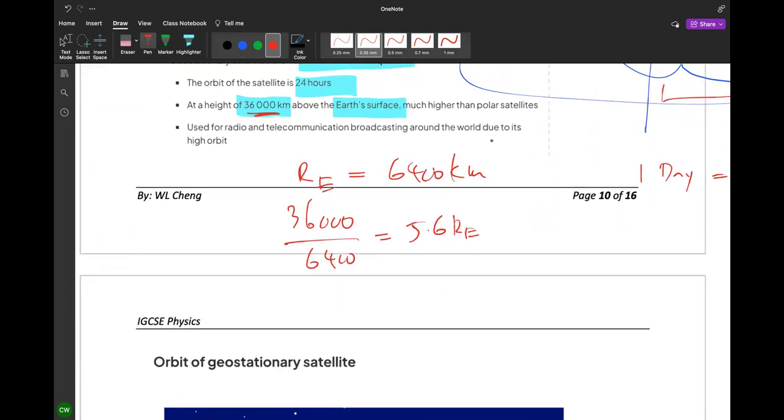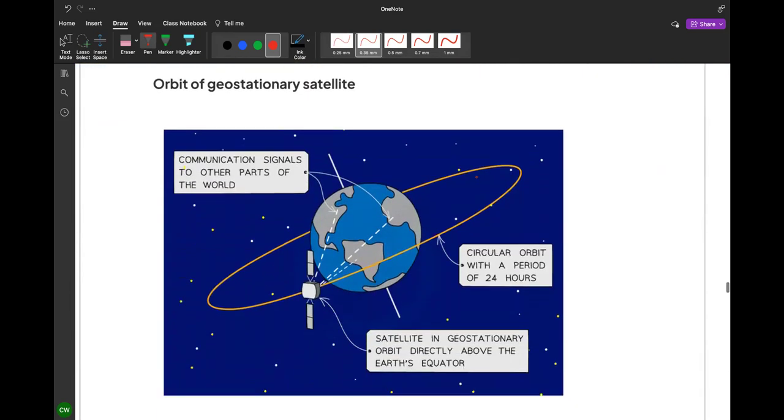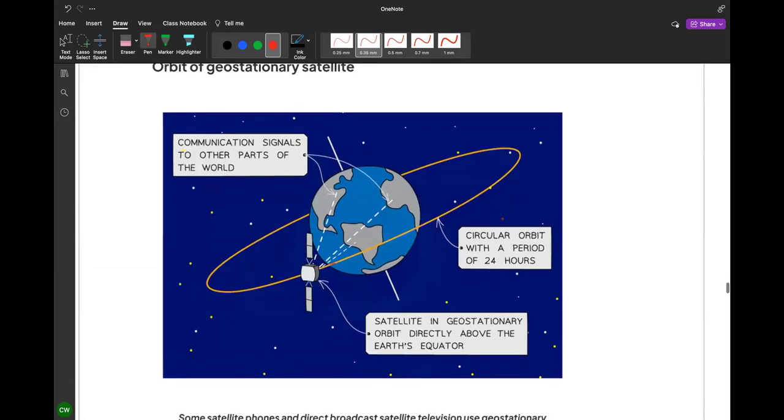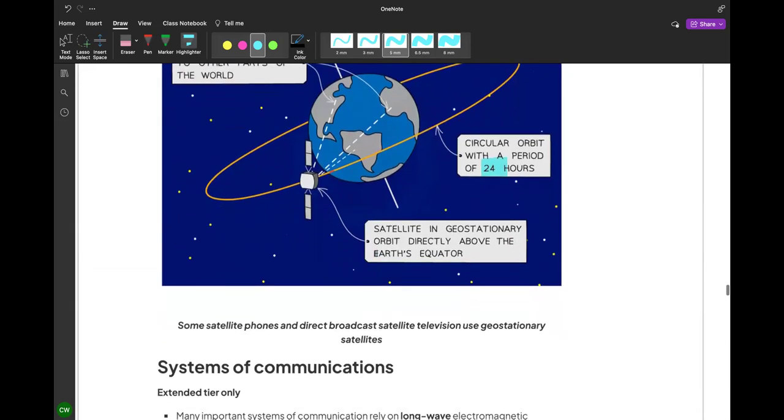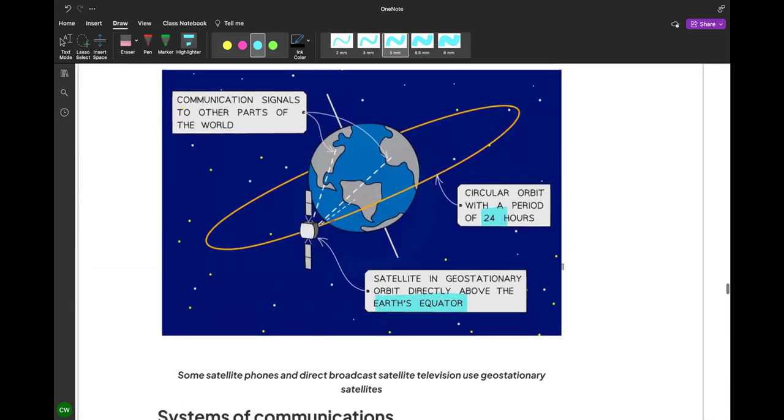Okay, this is the thing. This is the satellite. So we should know. Sometimes they ask you what is the period. So you should know it's 24 hours. Okay. So it is directly above the equator. Do you know where is the equator? 赤道，它一直在赤道上面的。Why do they have to be above the equator?